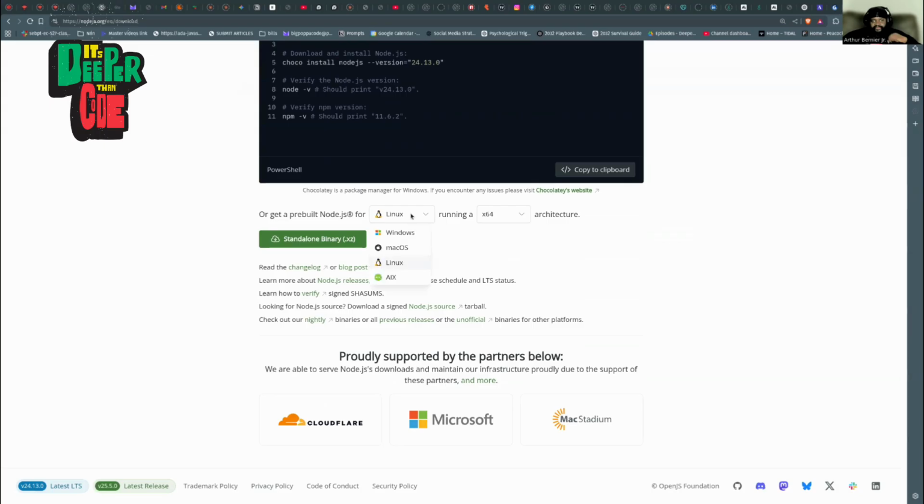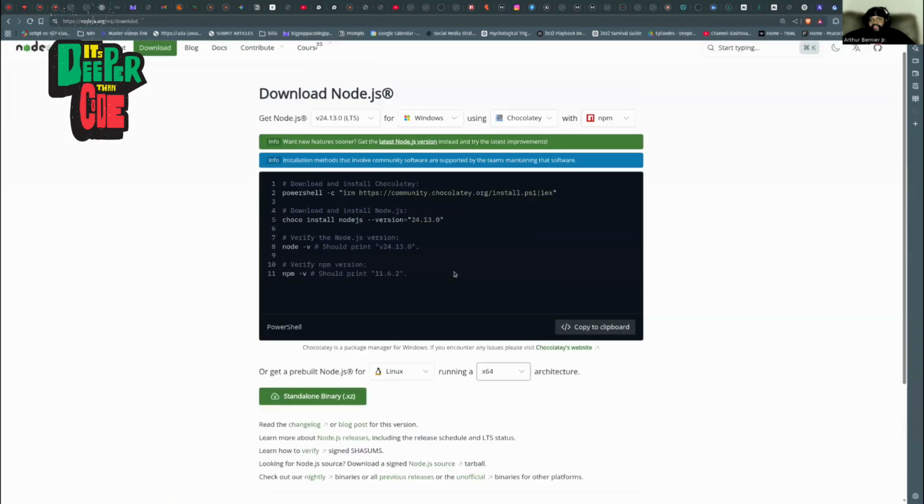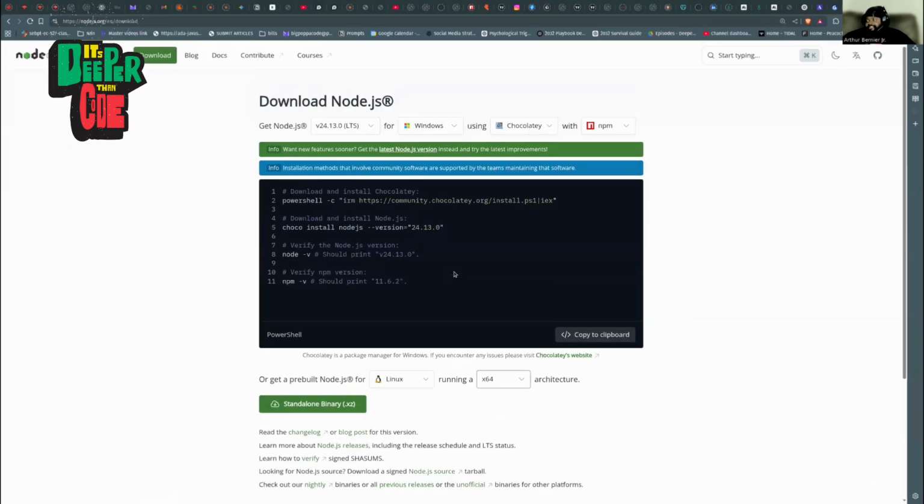So whatever you're using in order to install, you just want to go ahead and use that installation method, right? Or you can get a pre-built version. If you want to do it in the command line, that's the best way to do it, and that'll be the fastest way that it gets installed. But if you need to use the GUI, like you want to do a click-through, you could do that really fast. You could do a Windows installer if you're using Windows. On Mac OS, they can give you a PKG file. You just run the installer and it'll install it. You just need to tell it if you're using x64, ARM64, whatever architecture the machine is running on. And then you go ahead and install that.